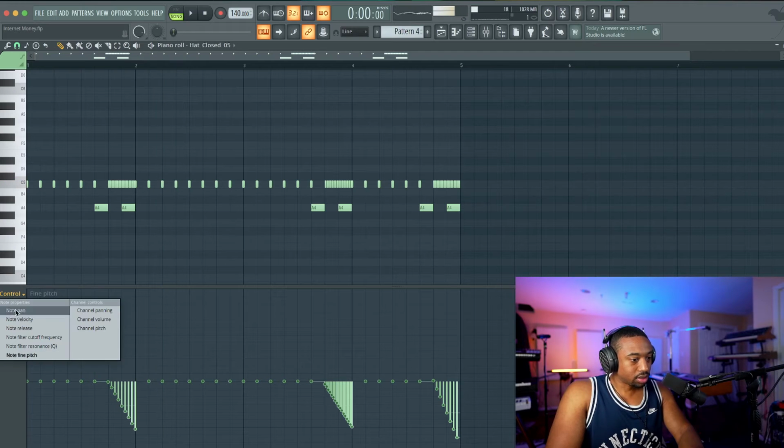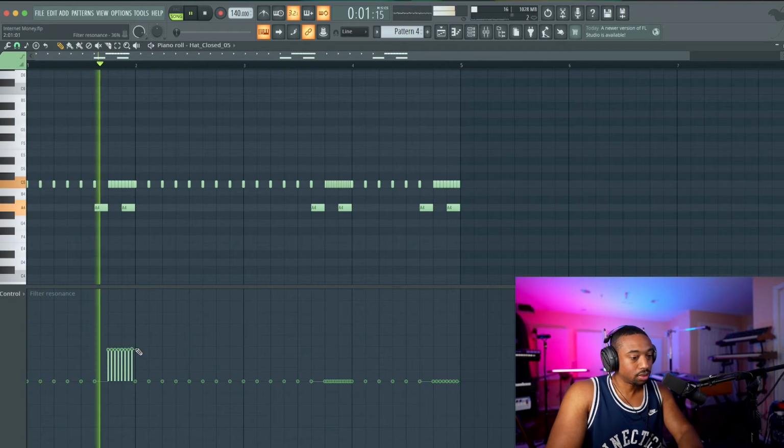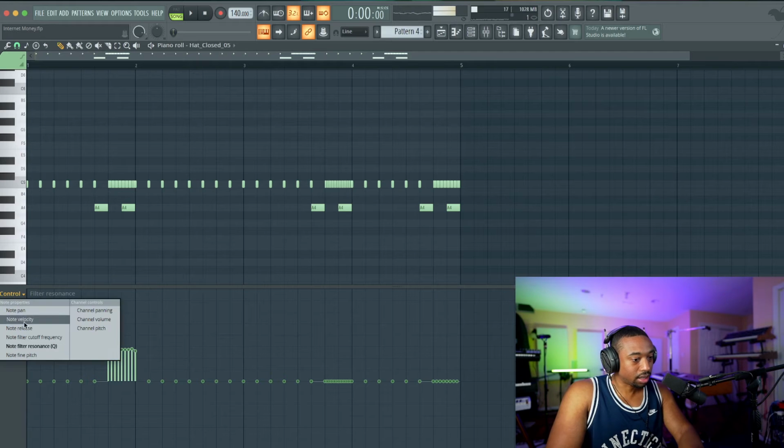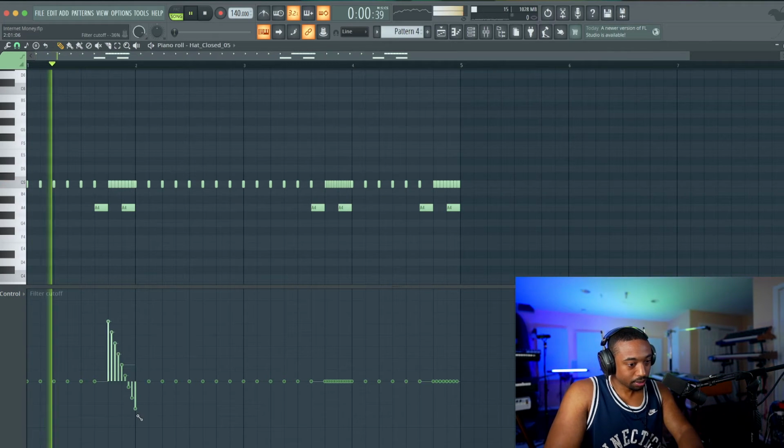Another thing you could do is use the filter and cutoff resonance. There's no rules, but what you can do is lower your filter cutoff and then raise your resonance. It's going to exaggerate the tone. Now you've got to work with the cutoff frequency here. So let's do like this.